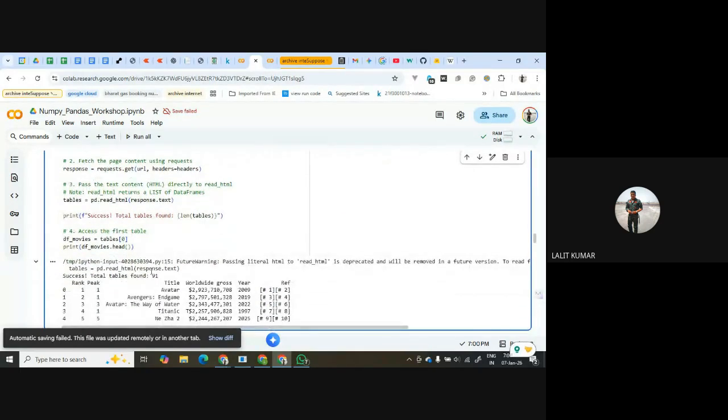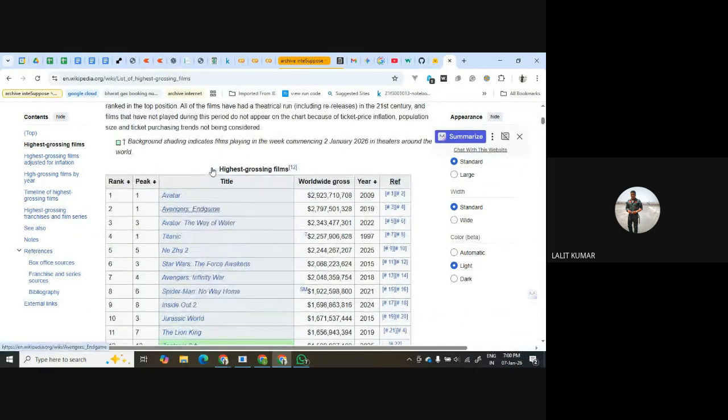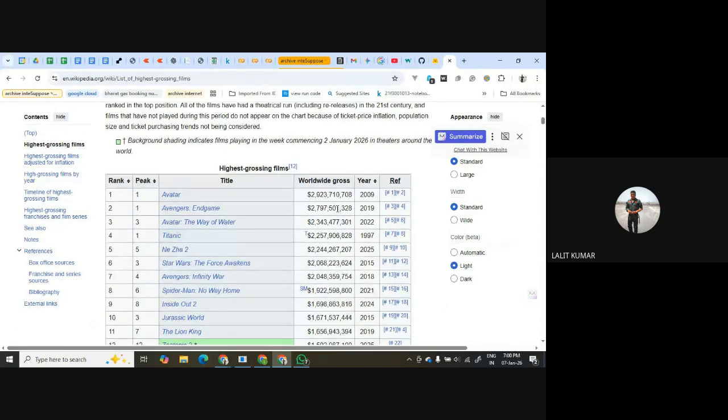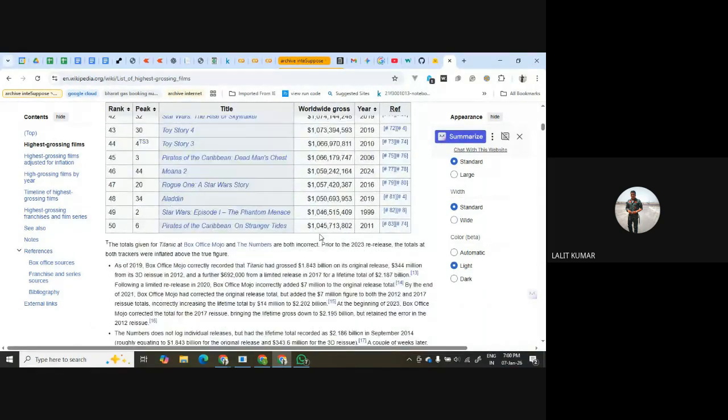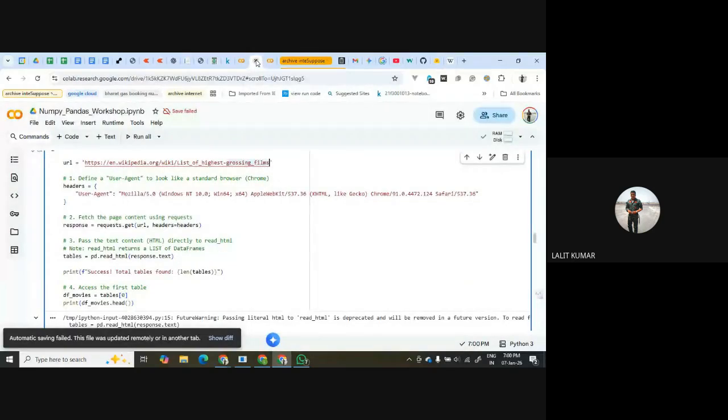So table 0: you can see rank, peak, title, worldwide gross. It is the same. Seeing the tables here, we can load tables from a web page too. This is one feature of pandas which can be used for other purposes also.